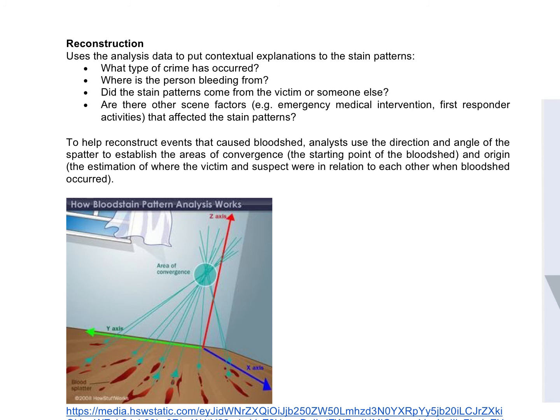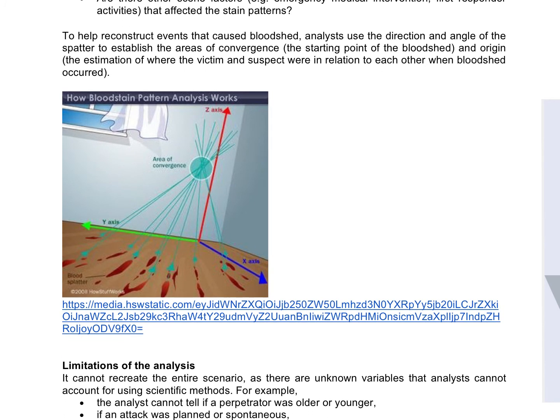Now to help reconstruct events that occurred during the bloodshed, analysts use the direction and angle of the splatter to establish the area of convergence, the starting point of where the blood comes from, the estimation of where the victim and the suspect are when the blood comes out. Okay, so if you look at this diagram,